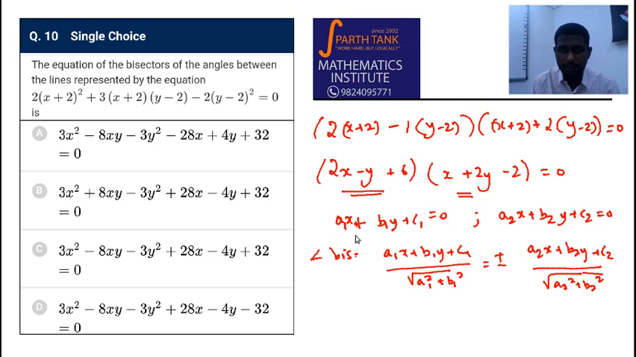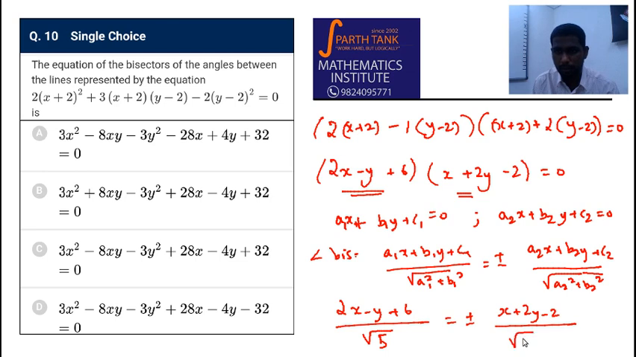Okay. So now we have this equation and we have this equation. Let us write this here. So this becomes (2x minus y plus 6) by square root of 2 square plus 1, which is root 5, equal to plus or minus (x plus 2y minus 2) by square root of 1 plus 4, which is also root 5. So this is cancelled. So I have the sum of these two and the difference of these two equal to 0. Basically,